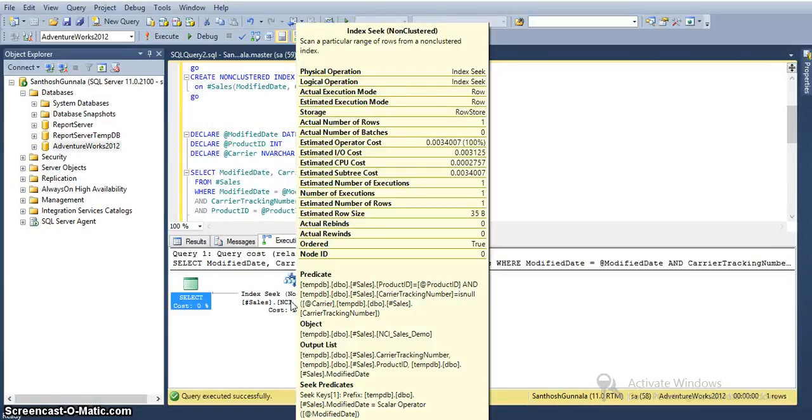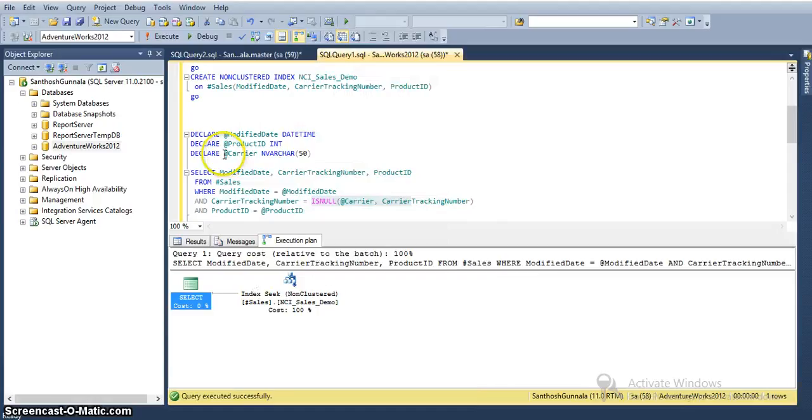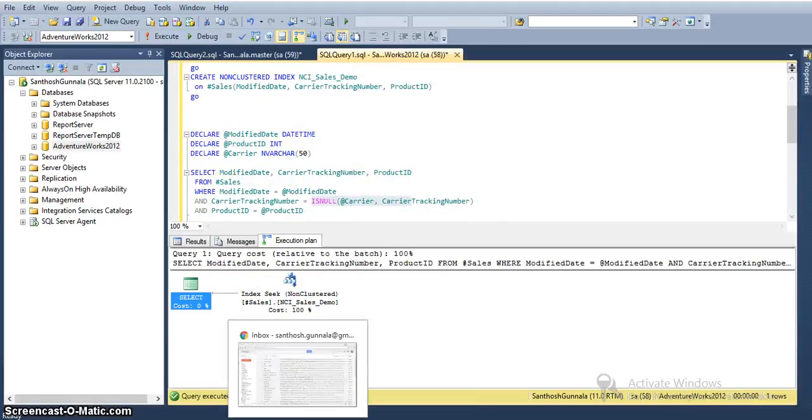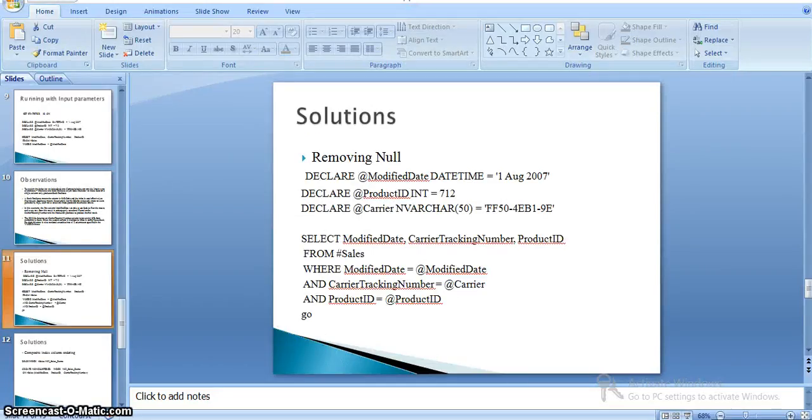Okay, to overcome this, to use effectively the columns that we have in our index, we have a few solutions. So the first solution is removing the ISNULL that we have on the carrier tracking number.